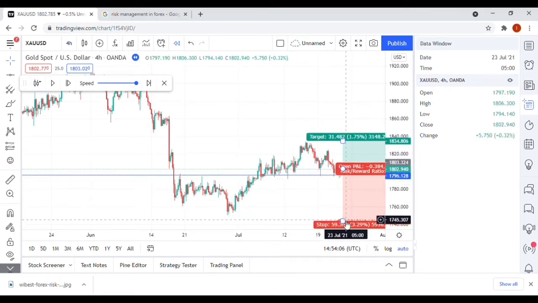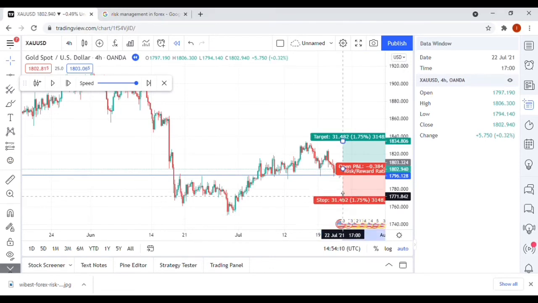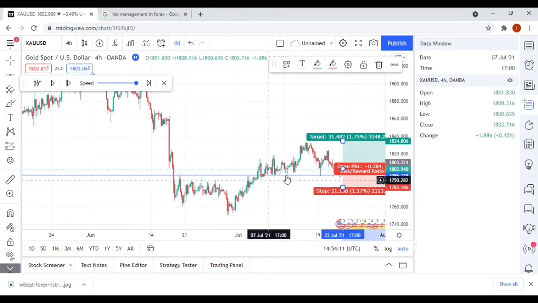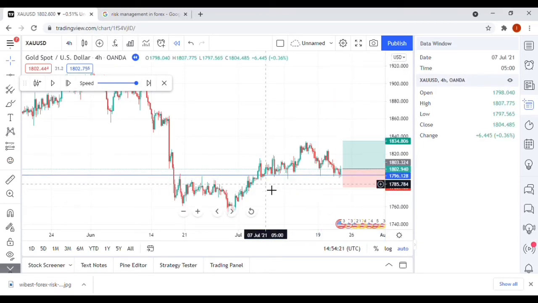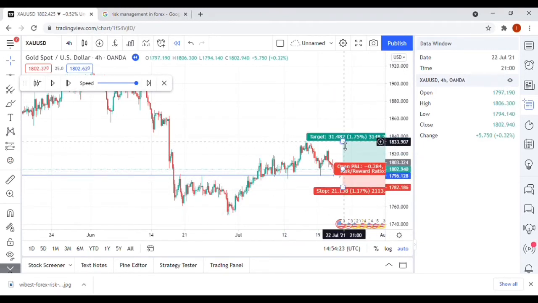Proper risk management is if you can see that, okay, you have faith in this support area, you don't think that price is going to break, or if it does break the support area, it must just stop you out and you can just go and find another trade. And basically you take profit. Basically in risk management,